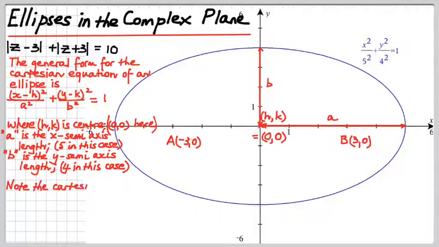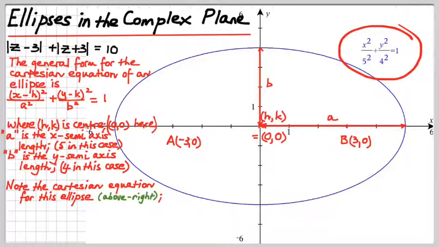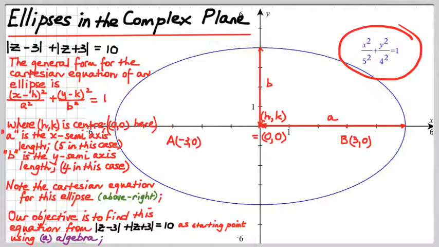Now, note that the Cartesian equation for this ellipse, note that equation above, right. I've been referring to it anyway, so you've been noting it. Now, our objective is to find this equation from our locus equation here, okay, from this equation here, both firstly using algebra and secondly using geometry. That's what we're going to be doing in this session, and then I'm going to do a few examples for you, okay? Then we'll be well and truly used to ellipses, but I'm going further than what you would need to do for an exam setting